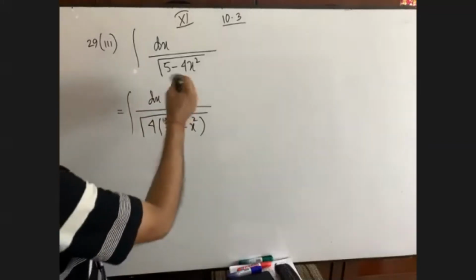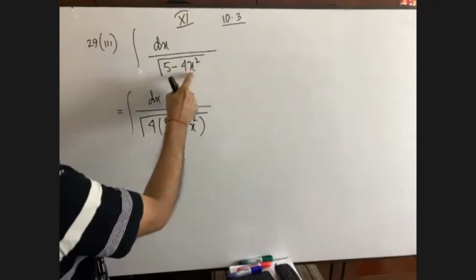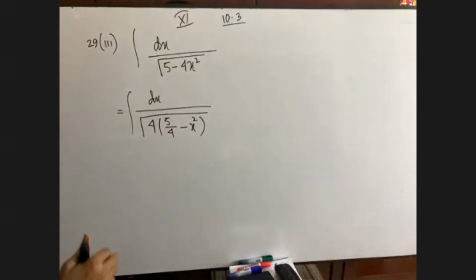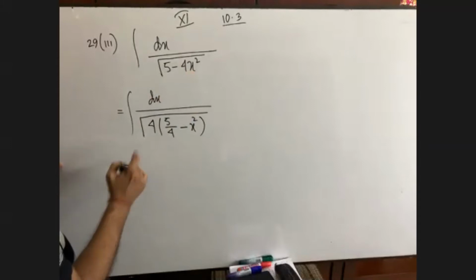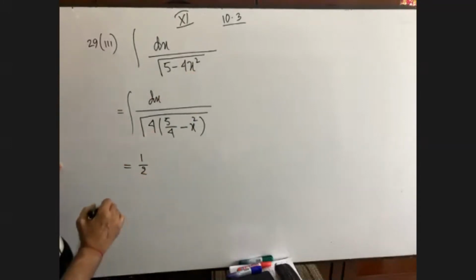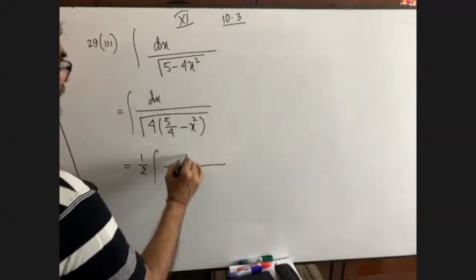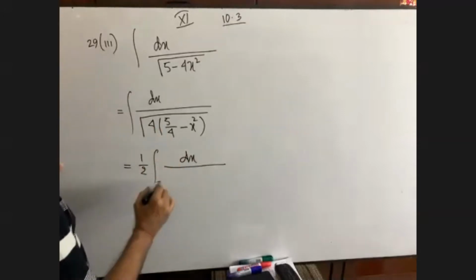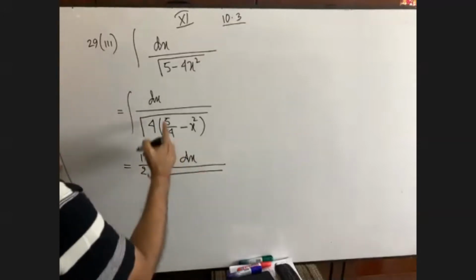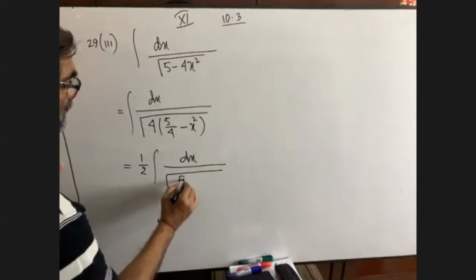What will you do? You will take common. Which part is to be taken common? The coefficient of x square is to be taken common. Now you see, this 4 can be taken outside the square root. It is half, integration sign, then it is dx, and it is root over 5 by 4, that is root 5 by 2 whole square